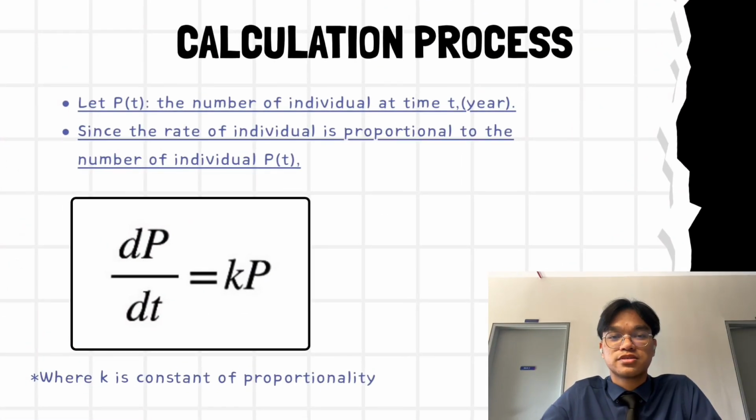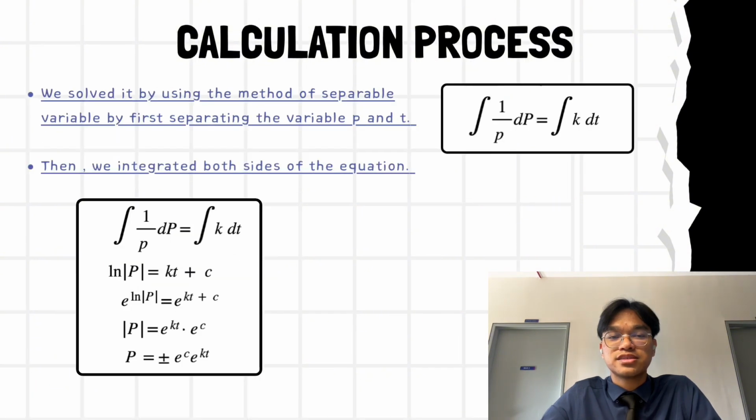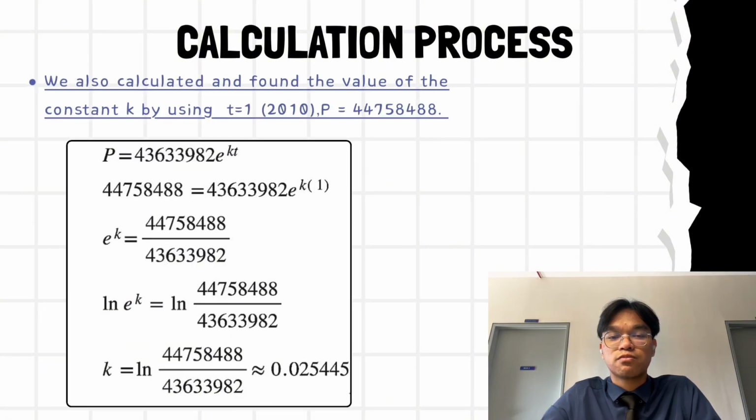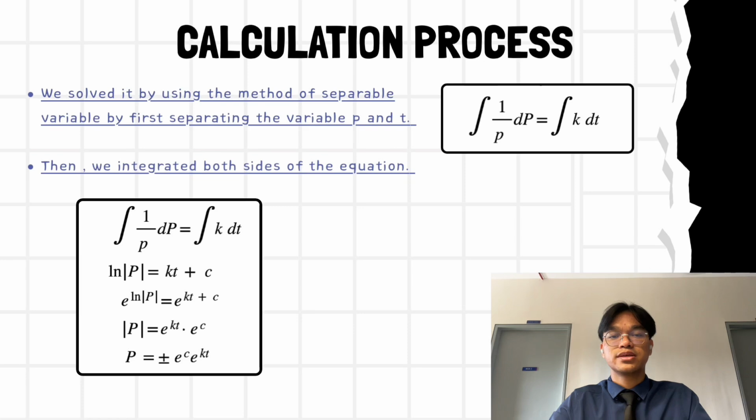Next is the calculation process to analyze the human population growth mathematically by using an application of first-order differential equation. First, we let P(t) be the number of individuals at time t. Since the rate of change of individuals is proportional to the number of individuals P(t), it will be dP/dt = kP, where k is the constant of proportionality. Solve it by using the method of separable variables, first separating the variables P and t. Then we integrate both sides of the equation to find the general solution, and it will be P equal to